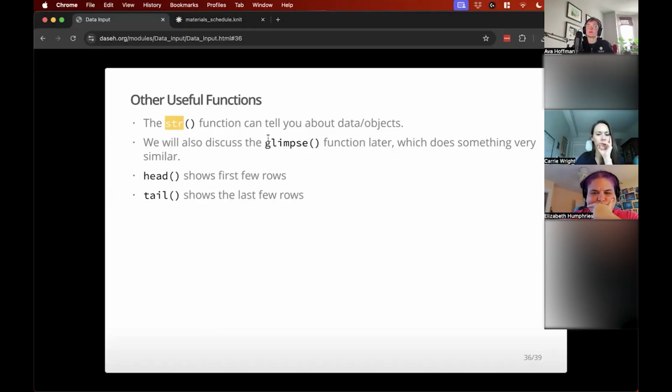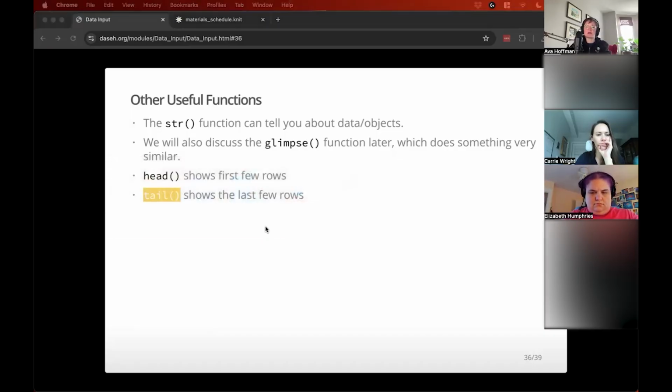And we'll also talk about the glimpse function a little later. This is a really nice one for getting a summary of what your columns are. Do your columns contain text or do they contain numbers? And also the head and tail functions, which are going to show us the first few rows or last few